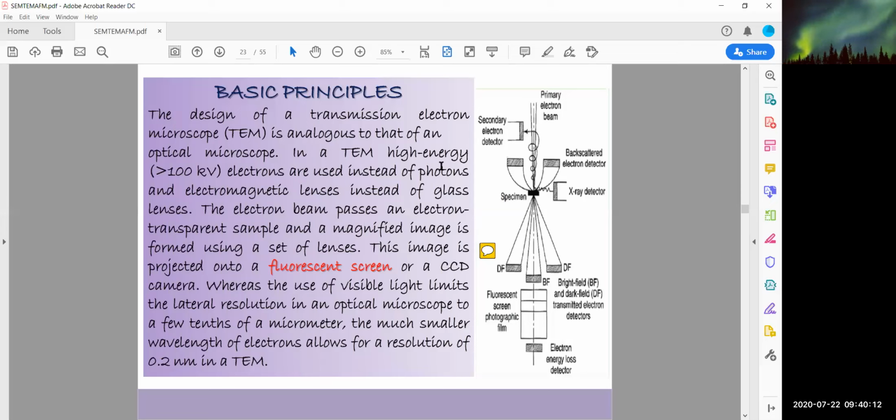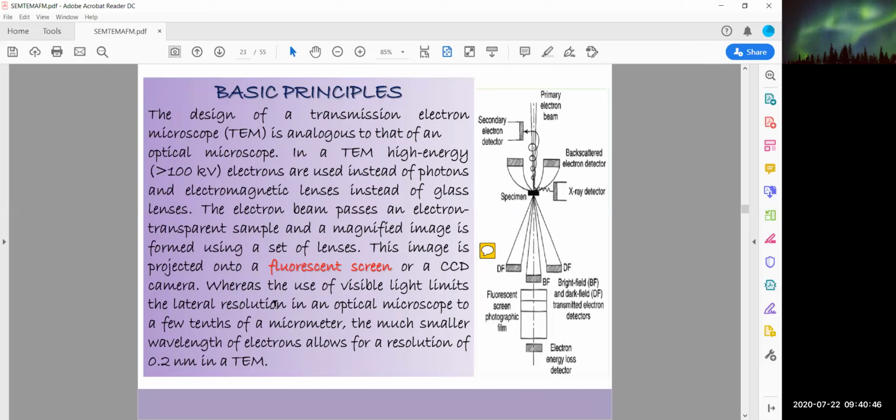In TEM, high energy electrons greater than 100 kilovolts are used instead of photons, and electromagnetic lenses instead of glass lenses. So that's the main difference between an optical microscope and a transmission electron microscope. The electron beam passes through an electron transparent sample and a magnified image is formed using a set of lenses. This image is projected onto a fluorescent screen or CCD camera, closed circuit camera,